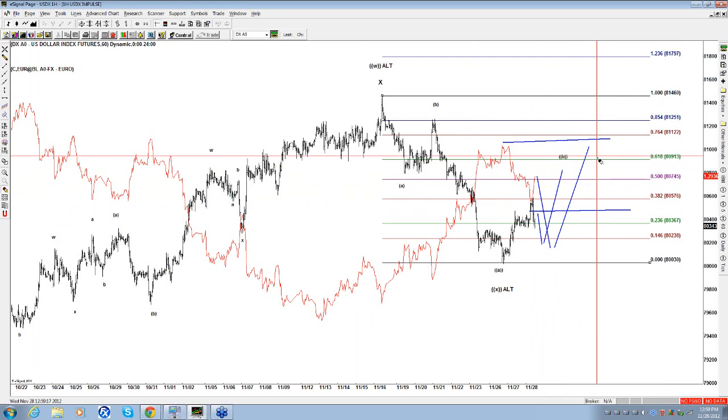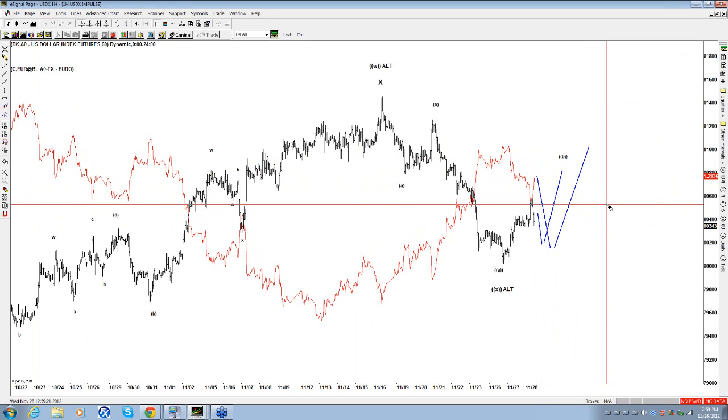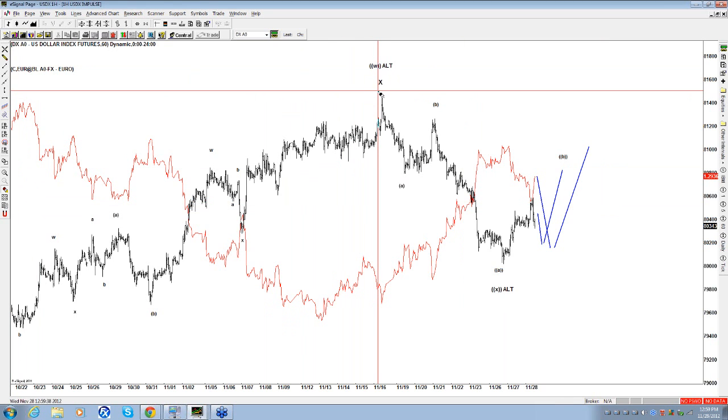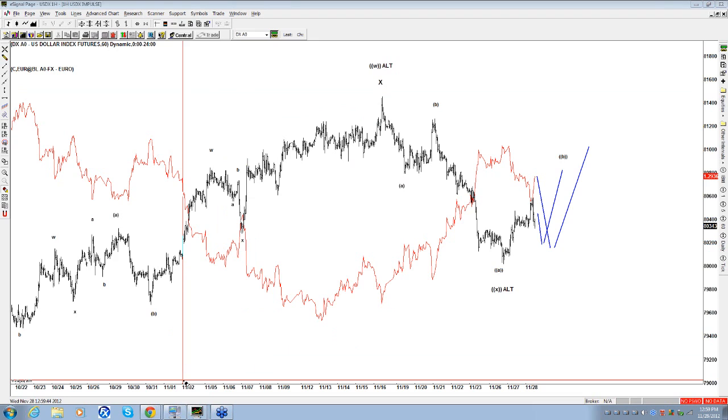Any question about the dollar? Everybody understand the dollar right there? Very simple, right? And we keep repeating, if you guys look at the label right here, we're calling the correction in the dollar completed. If you take a look at the 4 hour in the dollar,